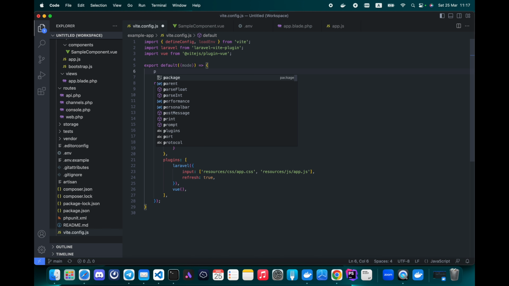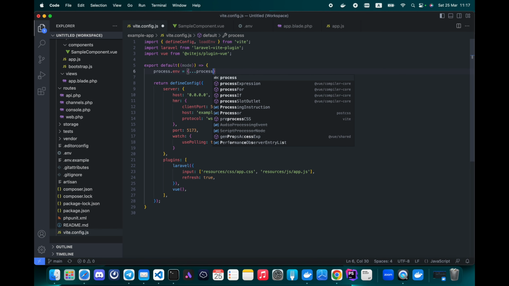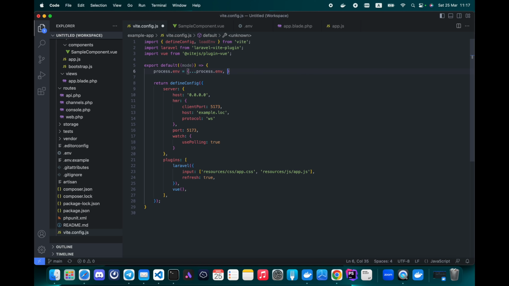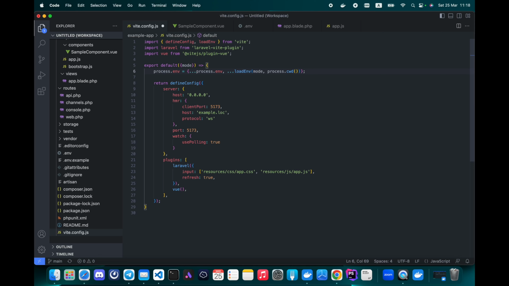Then add this line to the beginning of the function. The process.env object now contains all our configuration constants and we can access them.